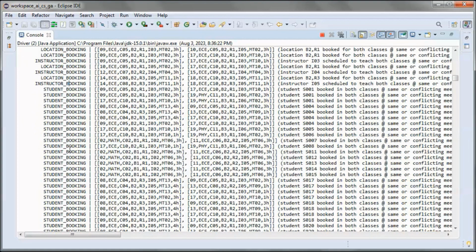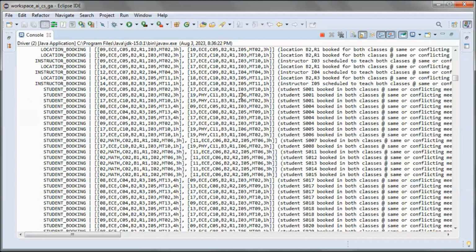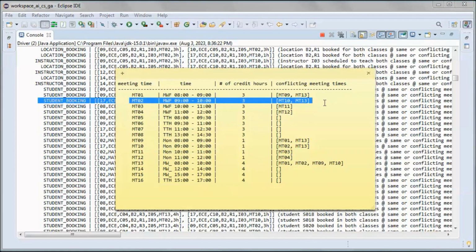And let's look at a student booking conflict. So here, meeting time 02 and meeting time 02. Okay, here, meeting time 10 and meeting time 02. So meeting time 02 conflicts with meeting time 10 and 13.